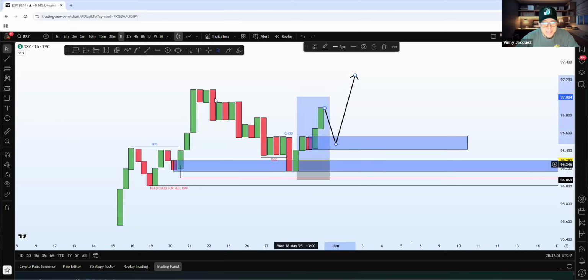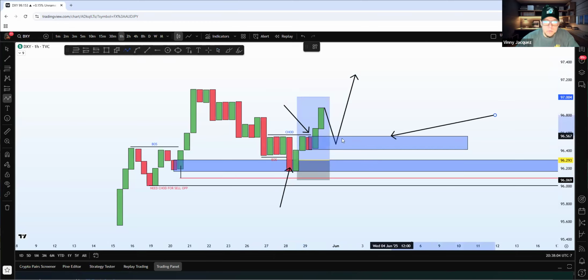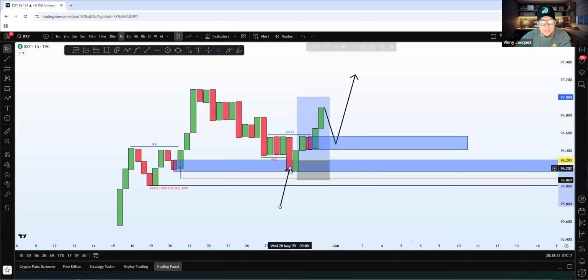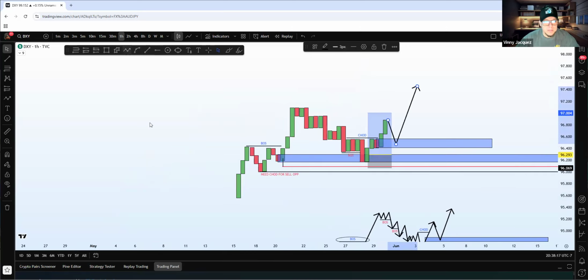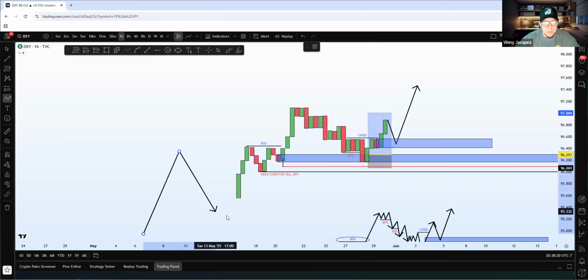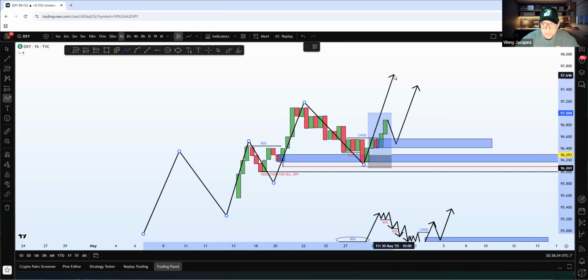But if you do not take this first trade here and you see this change of direction that happened right here, guys, you got to take this opportunity. That's the one we want to get in, because as soon as that happens, there's a good chance the market is going to continue in that bullish state. And it's going to continue making new highs. Higher high, higher low, higher high, higher low, higher high, higher low, higher high.